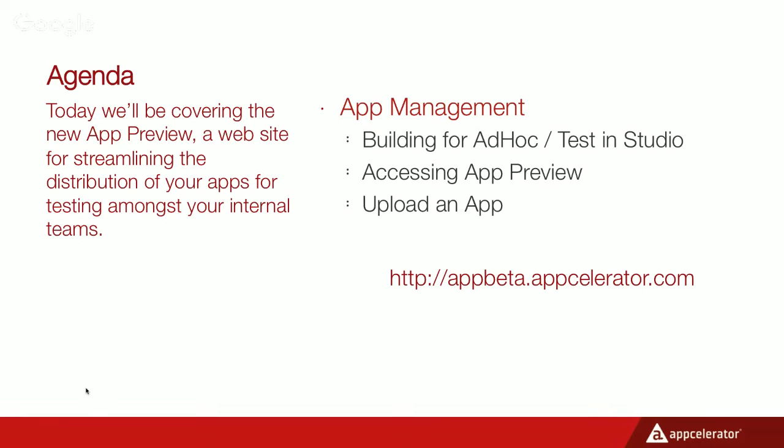We're also going to see how you can access App Preview, and we're going to do this through Appcelerator Labs. So we'll showcase that website as well as how you can get direct access to App Preview. You can see that we have a link here for appbeta.appcelerator.com, and that'll take you directly to App Preview. You can also get to it through Labs. And then we'll upload an app and walk through the process of what it's like to go through